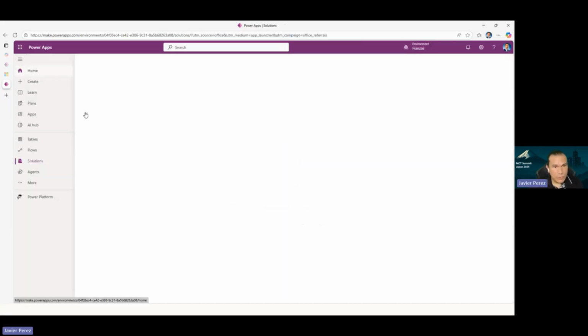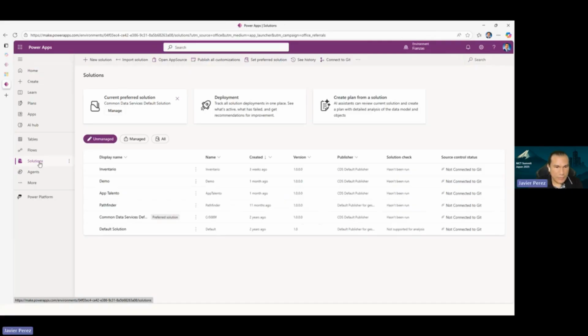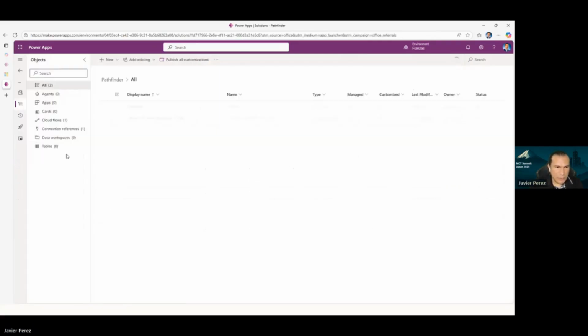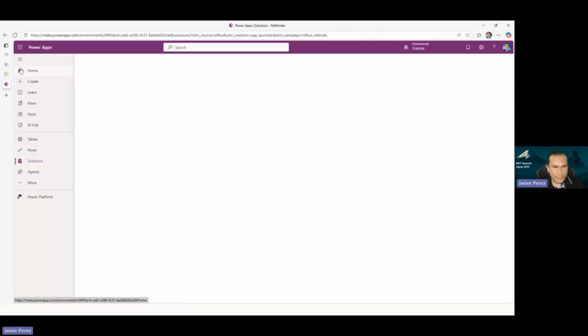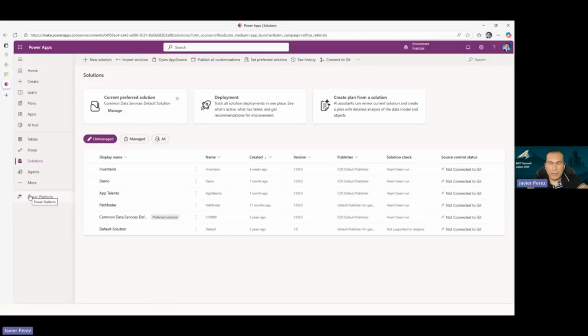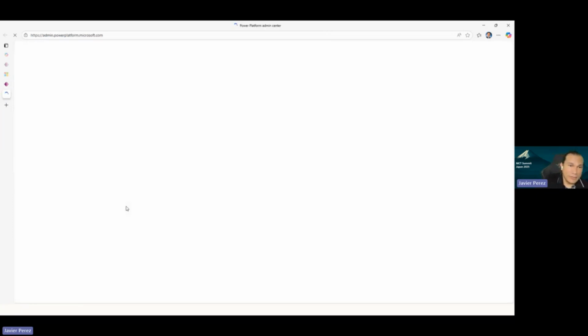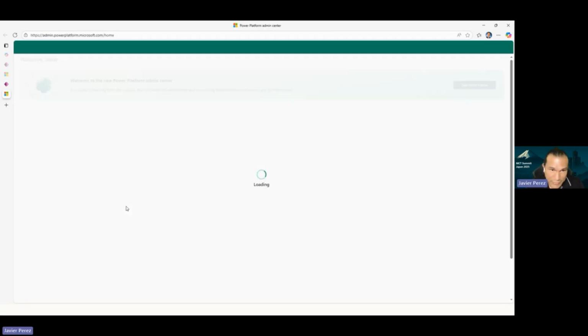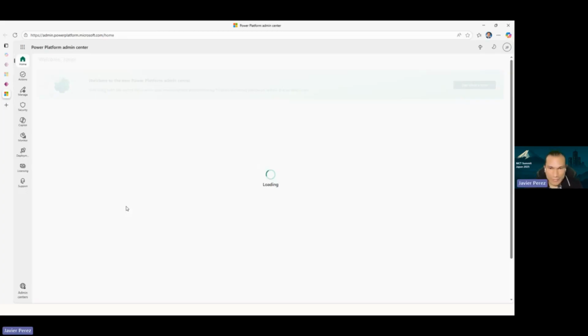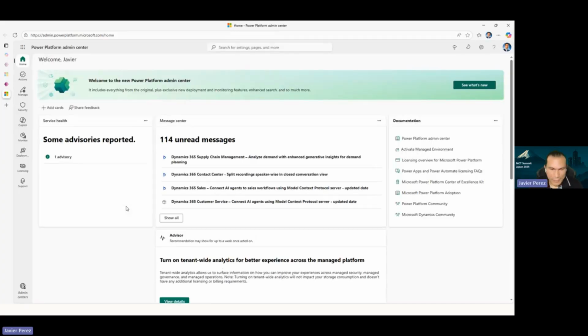And here if you have the solution here, you can create the pipeline here if you want. But you see all the time that if you don't have the role to manage the Power Platform admin center, you can't enter here. But if you have the exact role that you need, like Power Platform administrator or Dynamics 365 admin,